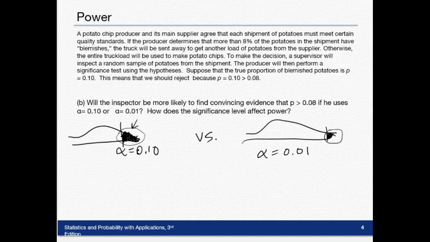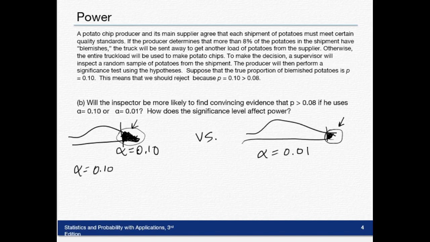And in this, there's really just 0.01 and 0.000, but teeny tiny probabilities can fall in this space because it's just a smaller area under the curve. So which one are you more likely to be able to reject the null with? Well, you're more likely to reject if the area is big than if the area is small. Okay? So which is he more likely to find convincing evidence of that? Well, he's more likely to find the evidence if alpha